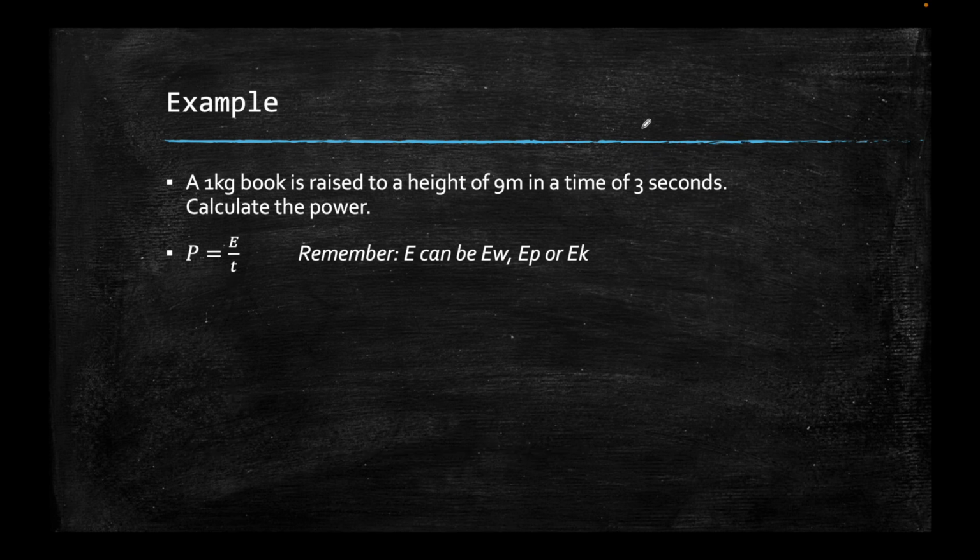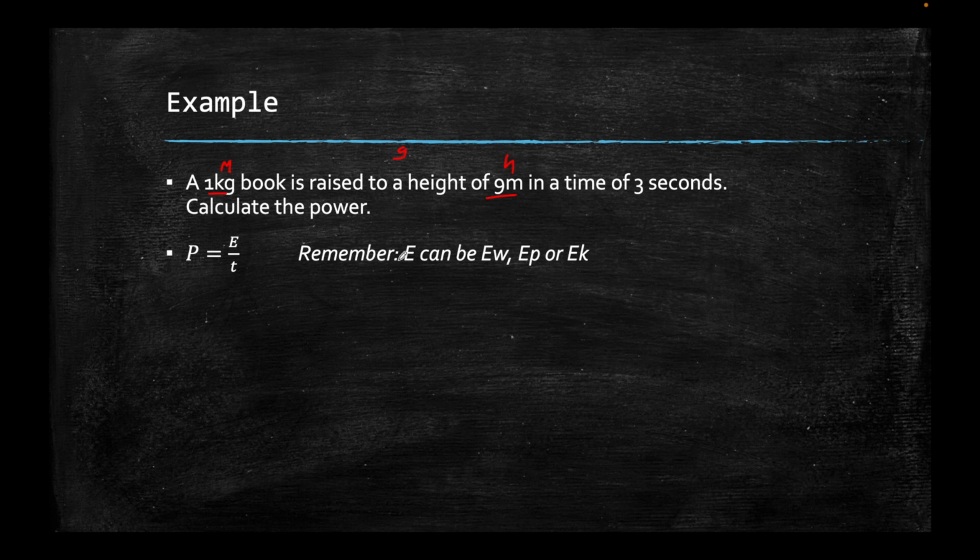So a 1 kilogram book is raised to a height of 9 meters in a time of 3 seconds. We need to find the power. The problem now is we don't actually have an energy yet. But let's have a look. We have a mass. We have a height. So I'm lifting up a height, which means there will be a gravity. So we will also have a g somewhere, 9.8,